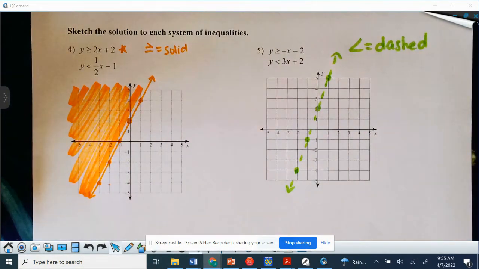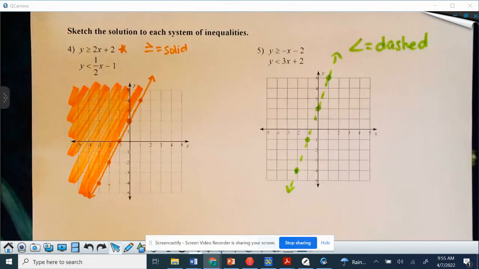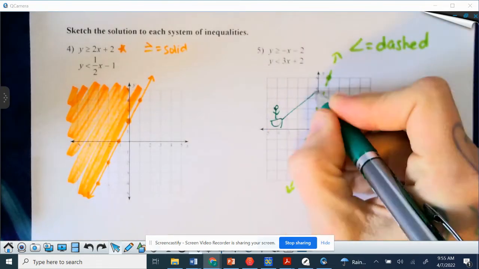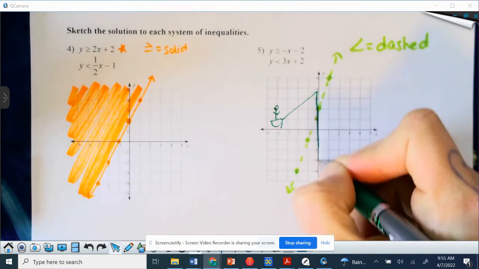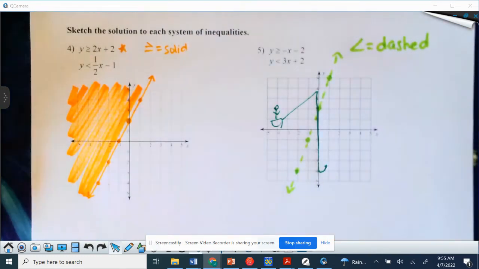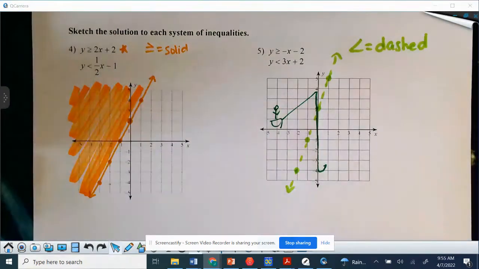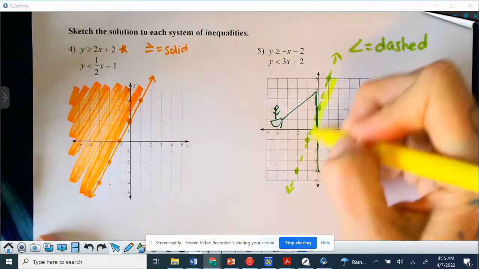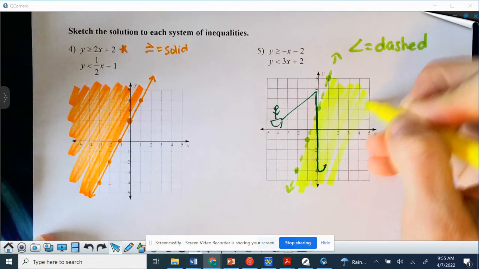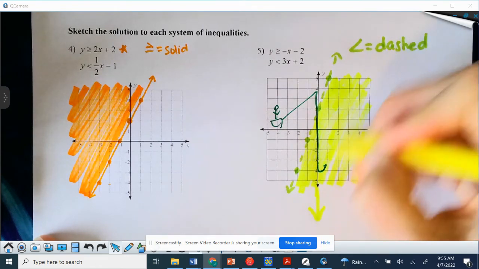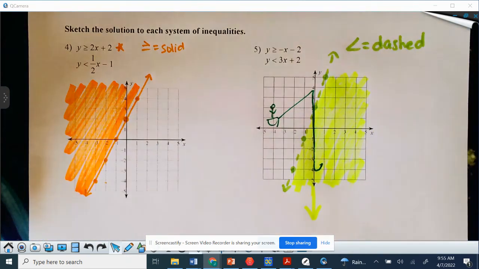And the conversation we had earlier in the week is if you had a fishing boat and a fishing rod, and this is where your hook is, less than, you're having less than fun if you're not pulling that line out of the water with fish on it. So that's why you would shade down for less than, as far as just silly stories why. The mathematical reason why is this is the y-axis going this way is where you have your less than values. Though it looks like you're kind of shading to the right, it's all relative to which direction